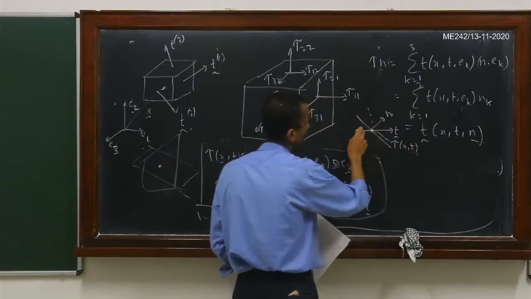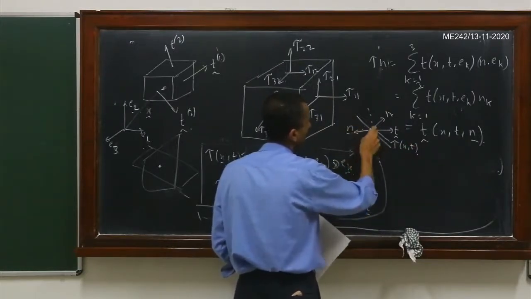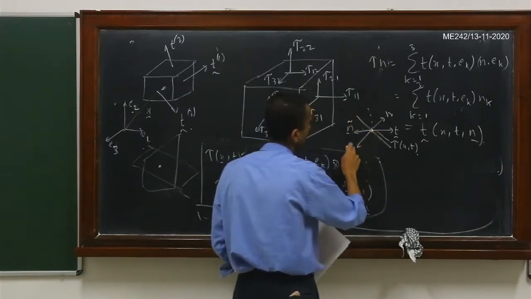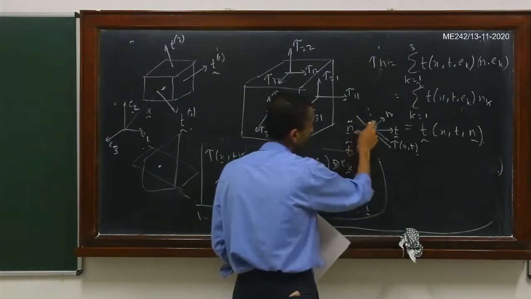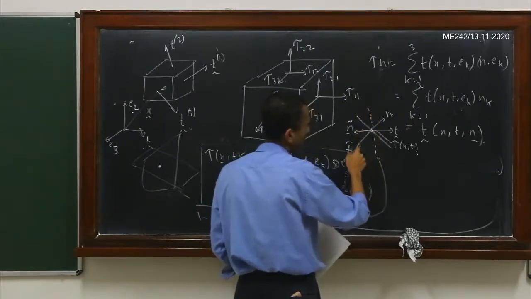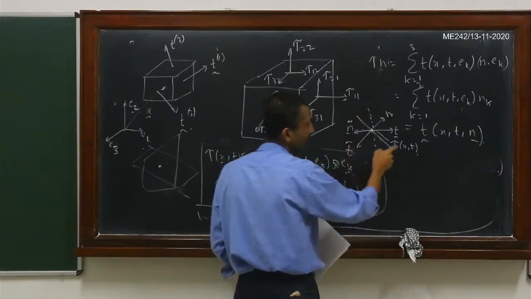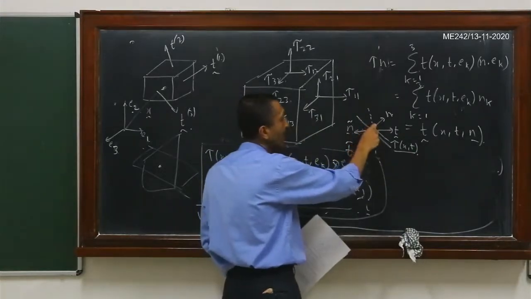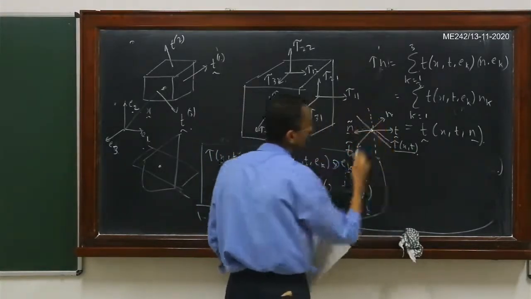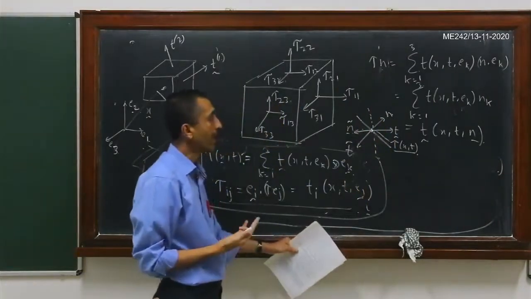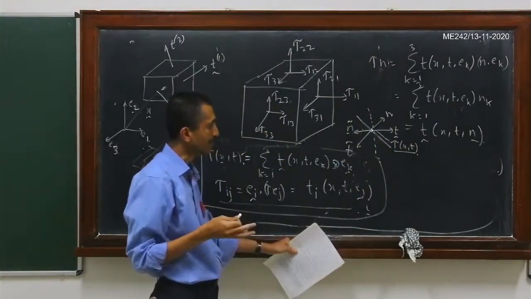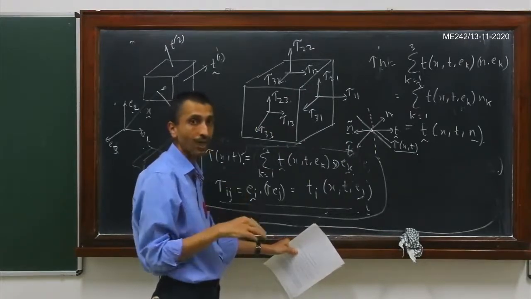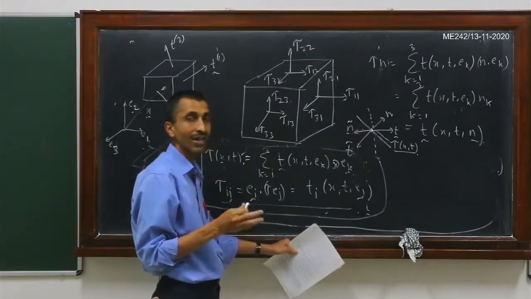Now for this dotted line, suppose this is the normal, let me call it n tilde. Then the traction t tilde, which is acting on this dotted line surface, you get by simply multiplying the stress tensor. The stress tensor at this particular point is not changing. Only the different surfaces passing through this point have different normals, and when you multiply the stress tensor with the normal of the surface passing through that point, you get the traction vector acting on that surface.